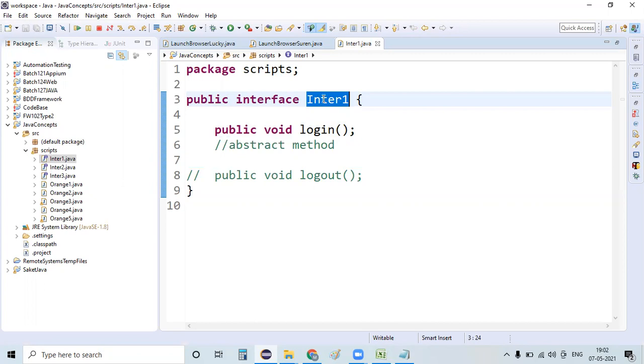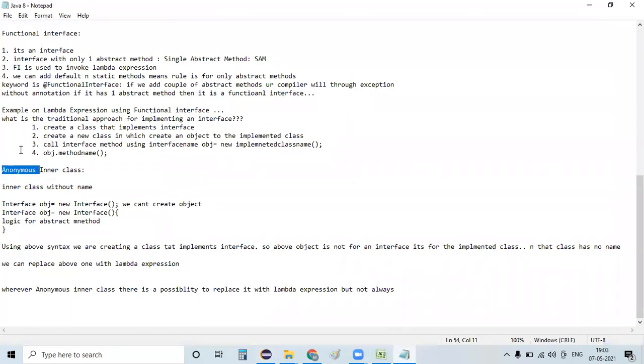And the syntax to access the interface methods is interface name obj is equal to new class name. So the whole thing is carried out in multiple classes. Using this anonymous inner class, we can achieve the implementation and calling everything in a single class itself.